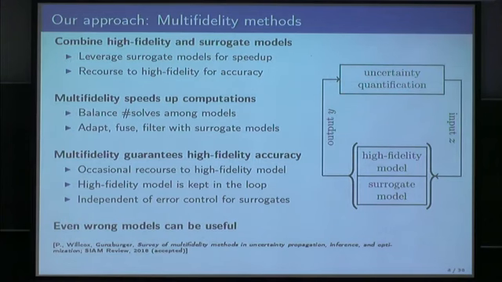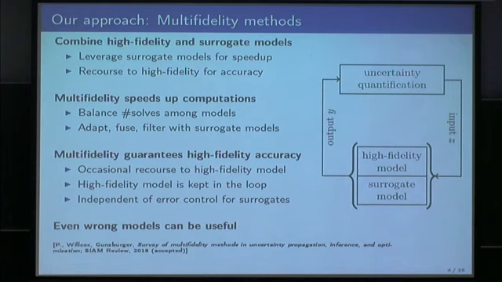Now, we want to go with a slightly different approach, what we call a multi-fidelity approach, where we say we do not want to use only the surrogate model or only the high-fidelity model. Rather, in our loops, we want to combine both models. We want to have the surrogate model to obtain some speedups in certain situations where it is possible to use it without introducing an error, but we allow occasional recourse to the high-fidelity model to establish accuracy guarantees. Whatever that exactly means, we'll make this more precise when we go to the concrete methods.